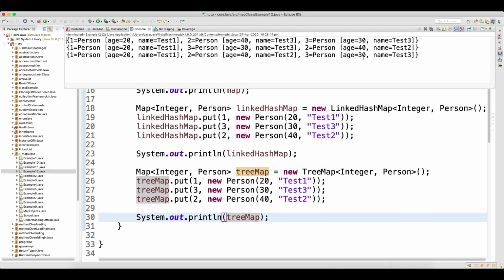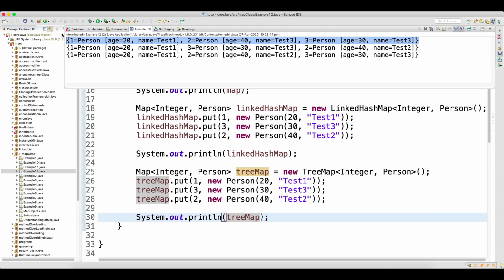If you look at the output, in the tree map your keys will be in ascending order. First 1 came, then 2, and then 3, which means the keys are coming in ascending order. The hash map output is also the same, but guys, this is not because the hash map will print in ascending order.